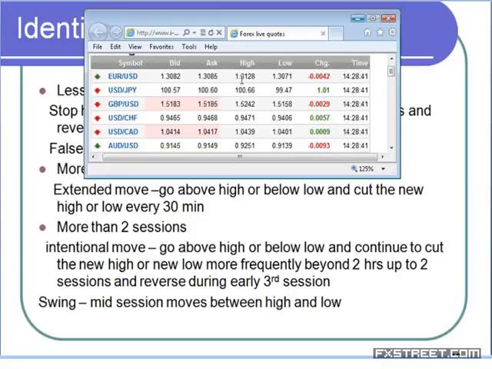Then slowly after building the sell positions, they continue to slide during the next sections. But if they make an intentional move, then they slowly gain the levels. So now in the case of USD yen, it is an intentional move, because slowly they are gaining the levels and cutting that of the high every 30 minutes to 1 hour. And that means they are holding above that of the initial high, 99.86, and they continue to gain the levels